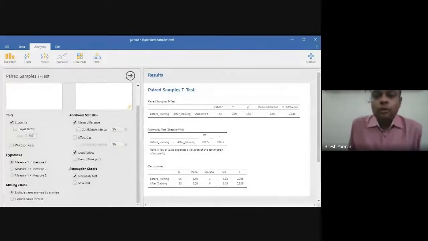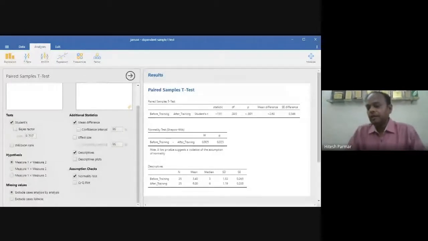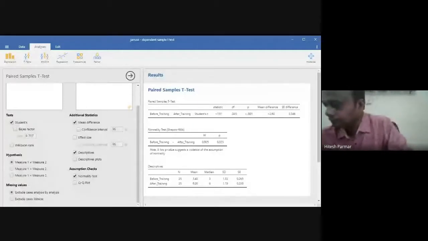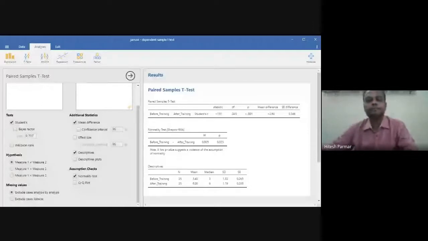Now, how to interpret this output? So first interpretation will be done for normality test, assumptions checking. Is it normally distributed? What do you think?